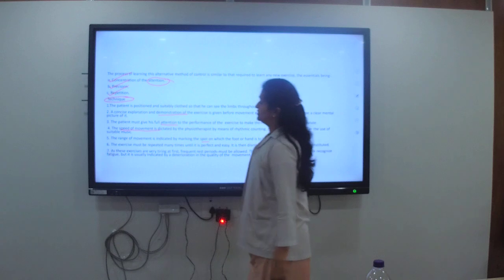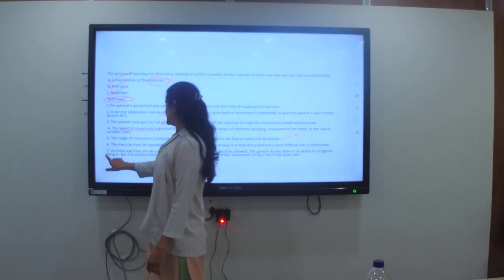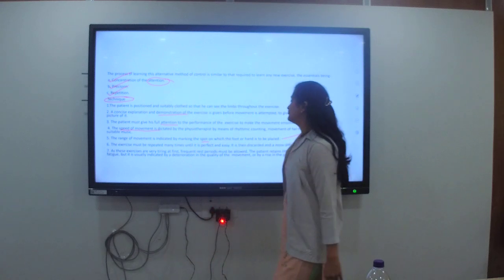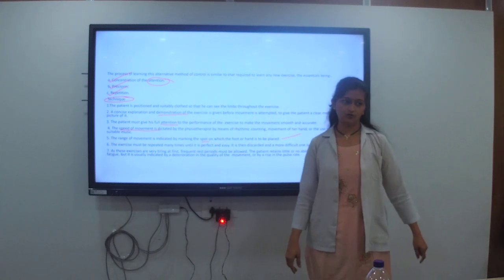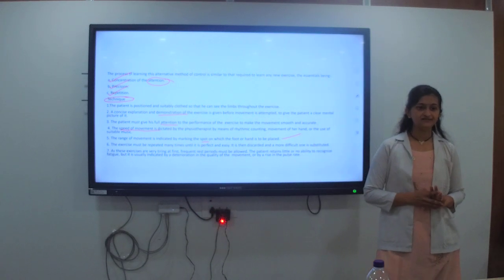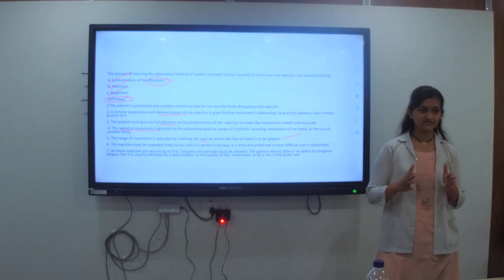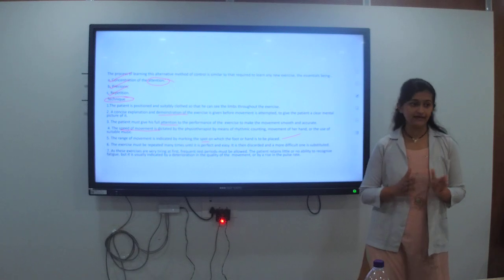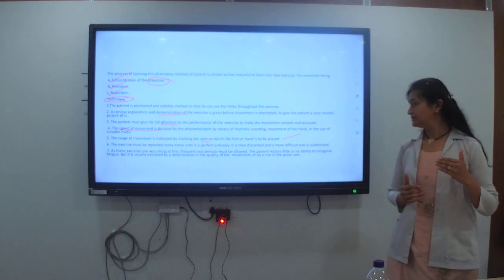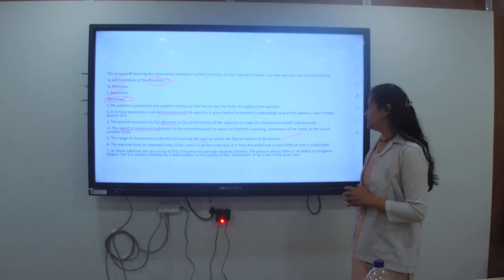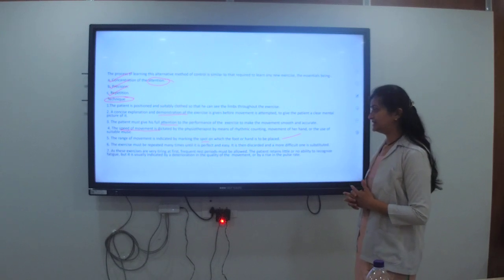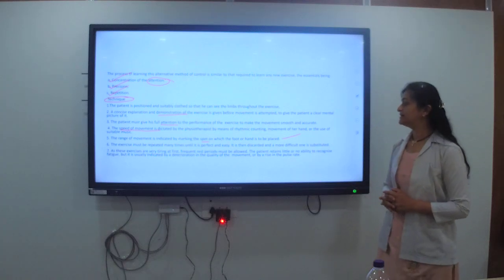Okay. So now the 7th technique is, as these exercises are very tiring and fast, frequent rest periods must be allowed. Initially, the first exercises are difficult for the patient to perform. So you have to give some rest period in between your exercises. The patient retains little or no ability to recognize fatigue,